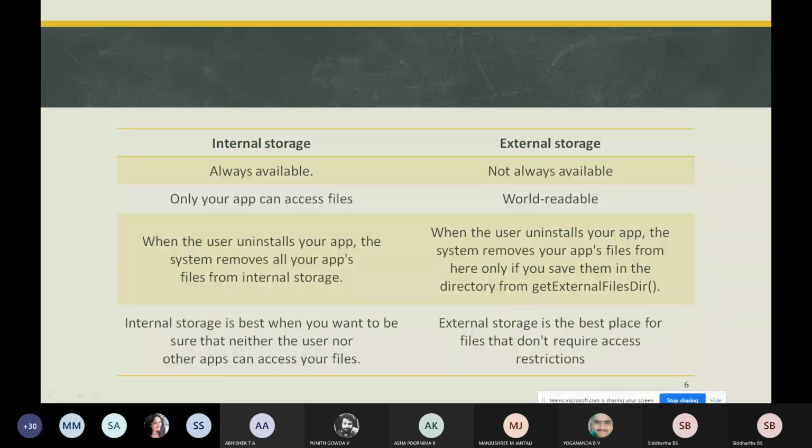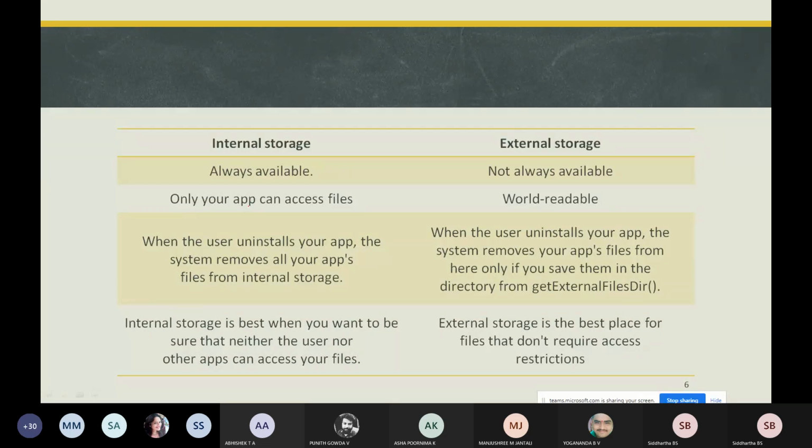For example, you have installed some collage applications or social media or any other applications. If you have created some images or anything, you want to save those files, but you need to uninstall the application. Now, this can be done using the method getExternalFilesDir.